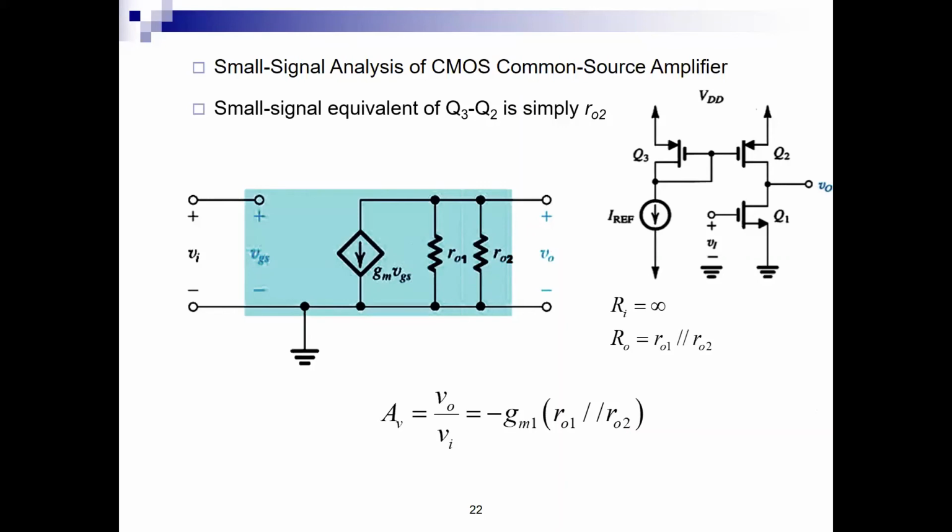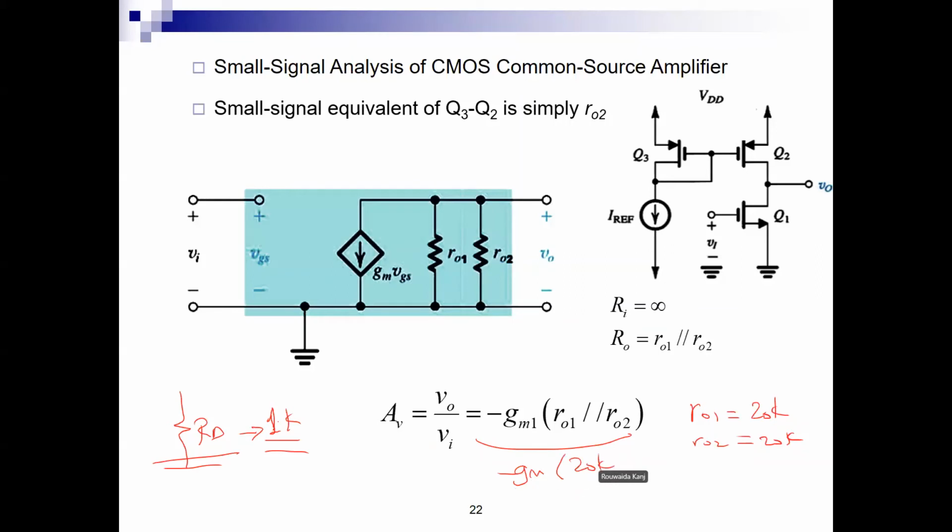Okay, so let us assume on chip, if we want to put RD, which is external, it will take a very large area if I want to make it very large. So let us say RD, which is reasonable, is 1 kilo ohm, just to make it an extreme case. And let us assume that RO1 and RO2 are both equal to 20 kilo ohm. The gain through this circuit will be minus Gm times 20k parallel to 20k, right? And if I have RD, I would have had Gm times 1k parallel to 20k, which will give me a higher gain,